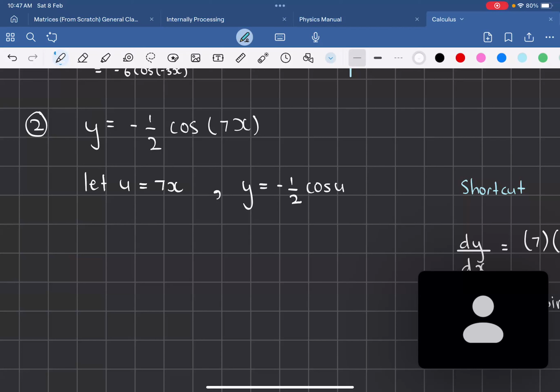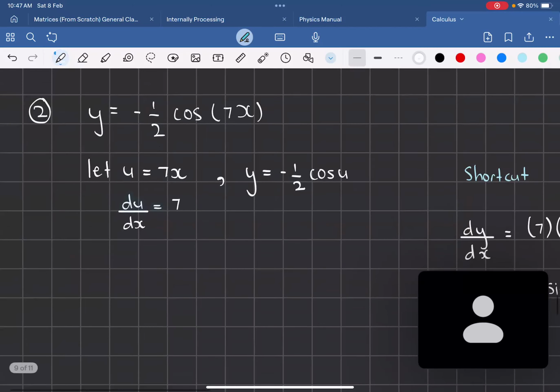We're differentiating u with respect to x, because u equals 7x. So that'll be du dx, and that'll be equal to